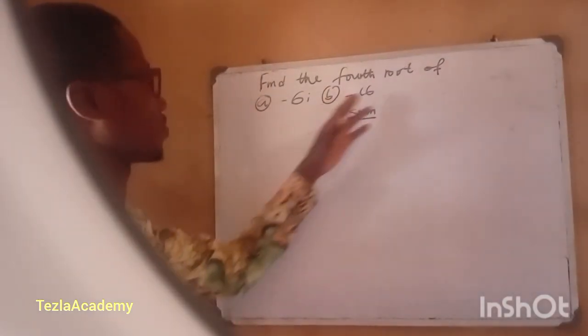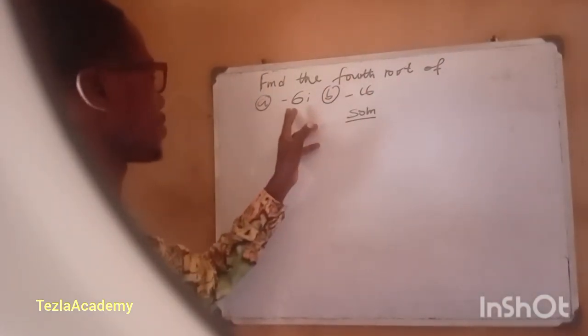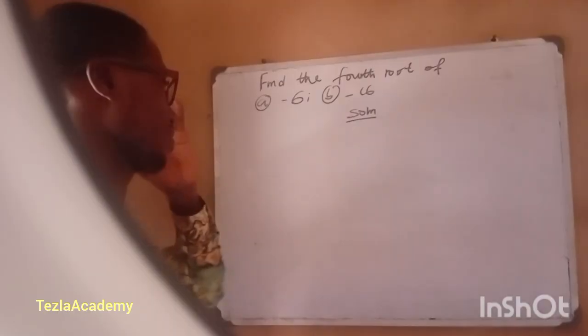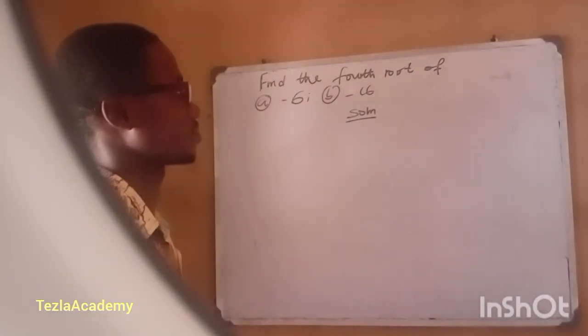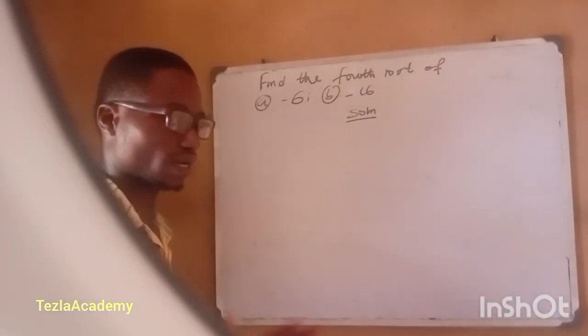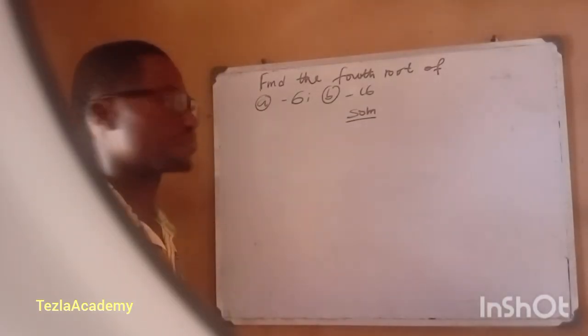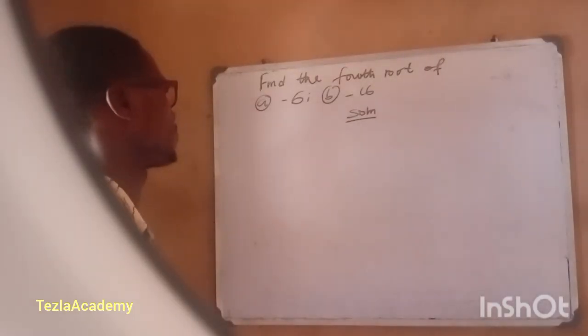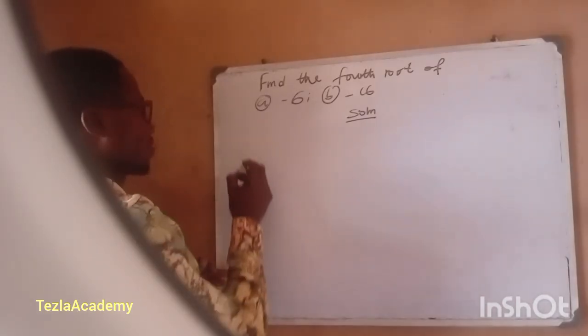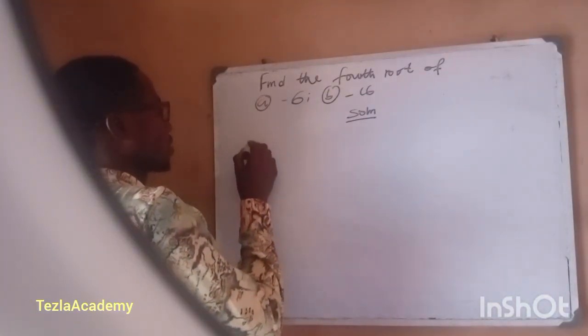This question says find the fourth root of minus 6i and then minus 16. Now, this question is simple, but knowing the tactics on how to tackle it is what matters. I would just have to make it simple. You know very well that from De Moivre's theorem, our